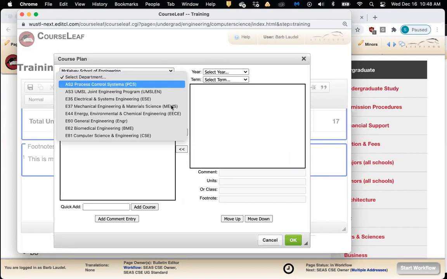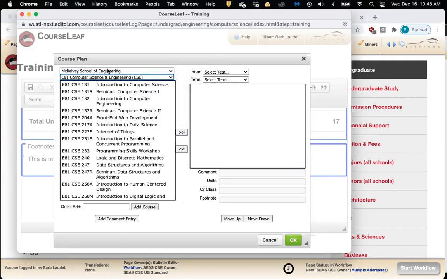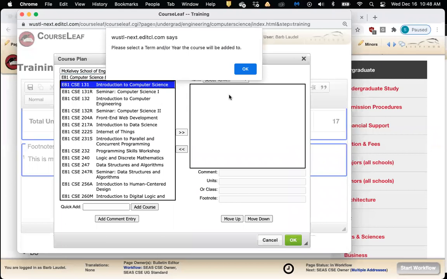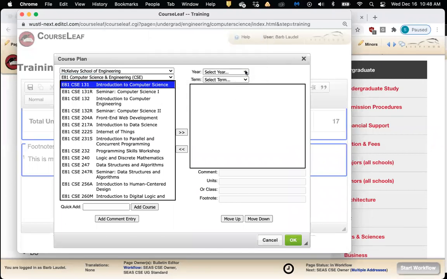Now, what I can't do is just start selecting my department, my school, and my subject area and start adding courses, because it's going to give me a pop-up saying you have to add your year and term. And this course plan is really ideal if you are trying to communicate to prospective students, okay, this is the suggested plan of study that we want you to abide by.